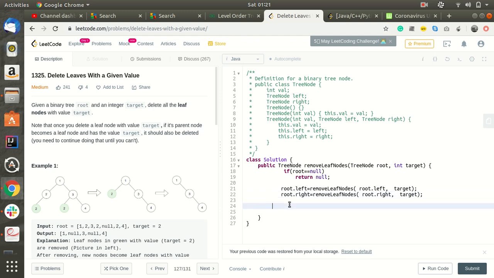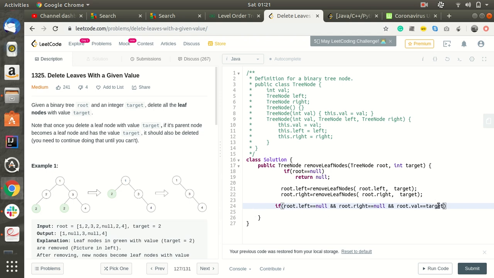Now we'll do the deletion part. If root dot left equals null and root dot right equals null and root dot val equals target, it means that the node is a leaf node.